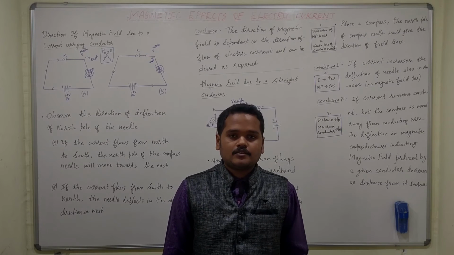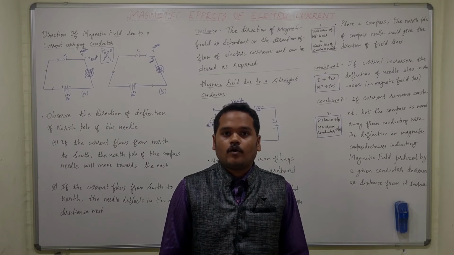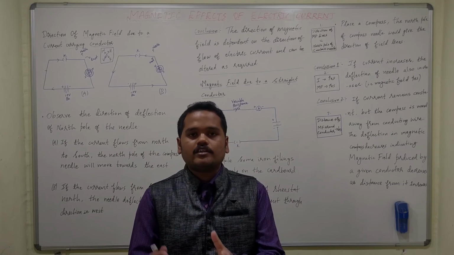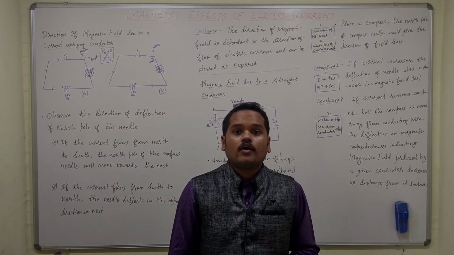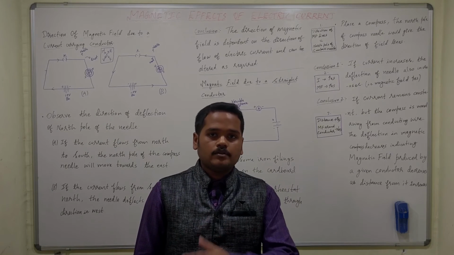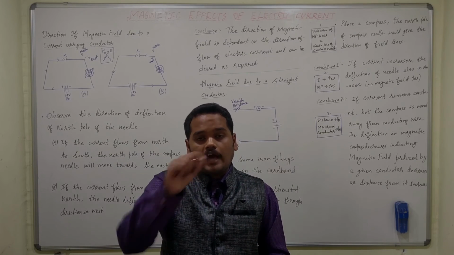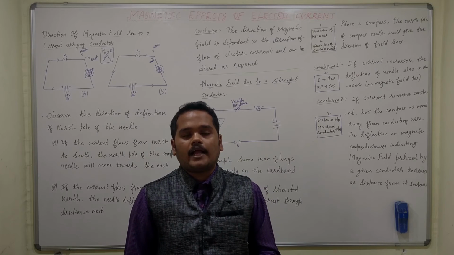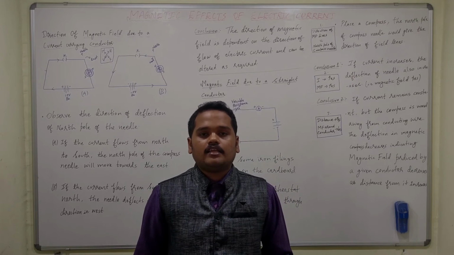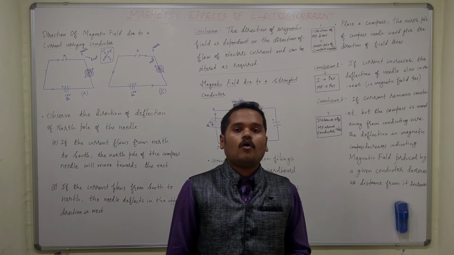This indicates that if you increase the current in a circuit, what increases? The magnetic field also increases. So increase in current also increases the magnetic field, which can be observed or shown to the people and the students by using a magnetic compass. There is a larger deflection in the magnetic compass needle. This larger deflection indicates that there is an increased magnetic field due to the increase of current.